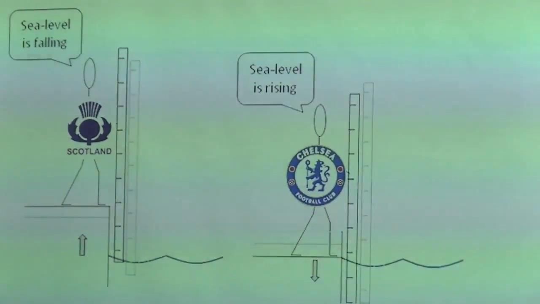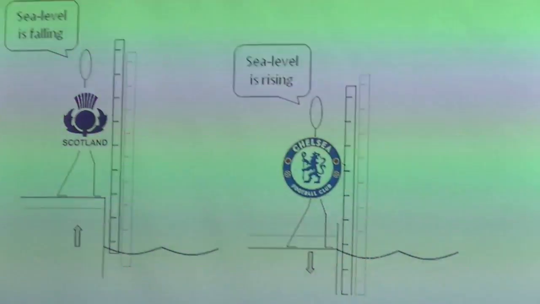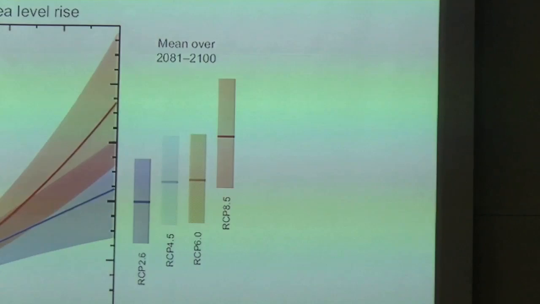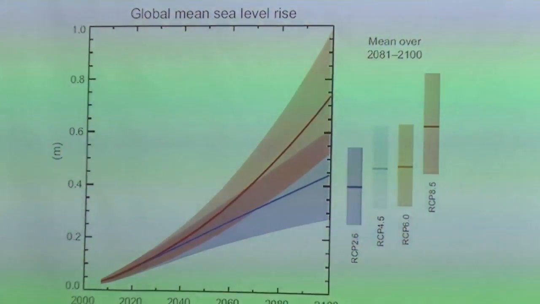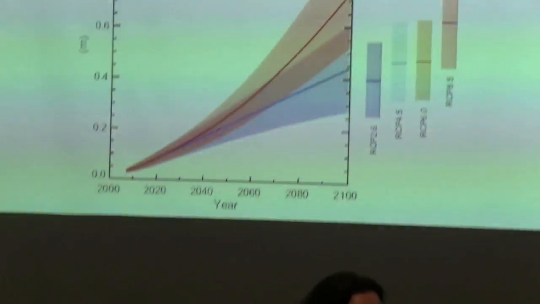So on top of our present sea levels and our land movement, then we can start to look at what would happen if sea levels were to rise. So what are sea levels up to? Last week, if you saw the media, there was a lot of talk about the IPCC Fifth Assessment Report. That's the Intergovernmental Panel on Climate Change. They released their fifth assessment looking at what sea levels are up to.